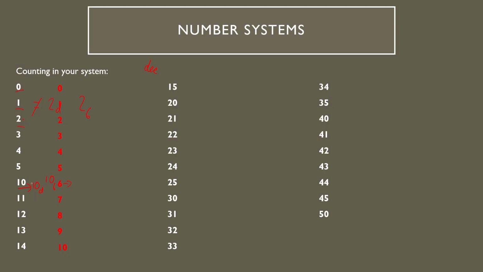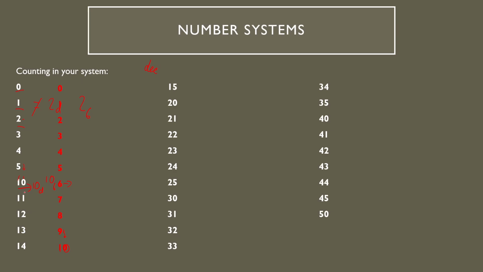Again, I want to emphasize, try this out yourself. Once you reach 5, you have no digits to go to. So you put a 1 and then you put a 0. Similarly, how when you reach 9, you have nowhere to go to, so you put down a 0 and then you add a 1 to the tens place. In this case, we'd probably call it the 6's place or whatever. So yeah,